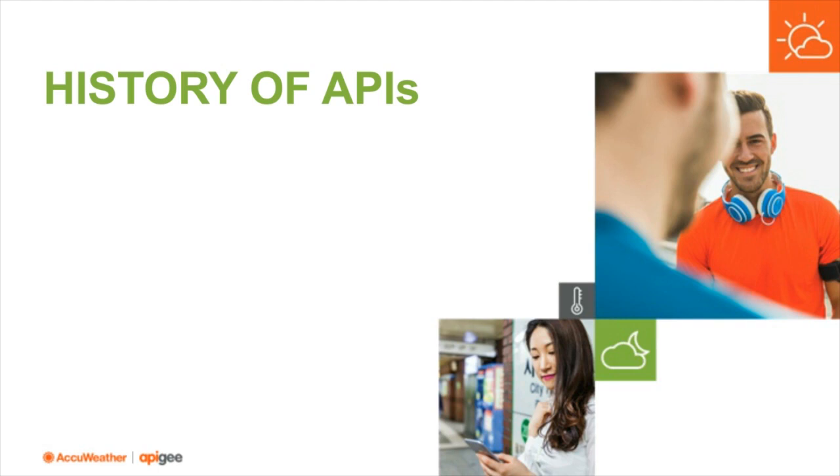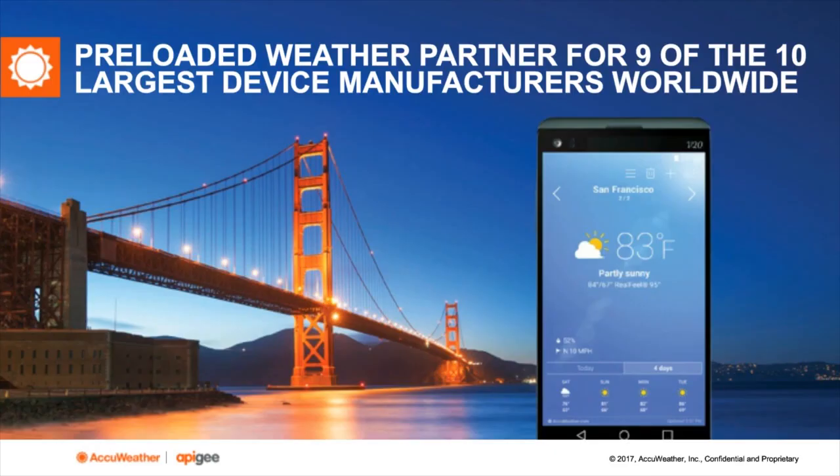As the market evolved over time, smartphones came into existence only within the past 10, 15 years as far as being very high in use. We had to learn how to take advantage of that and evolve with the market trend with mobile devices. It evolved how people were getting data from us, and that evolved into the use of APIs: getting large quantities of data from a specific URL and API and utilizing it to create weather widgets and weather apps. We are actually pre-installed on 9 out of 10 smartphones in the market right now,